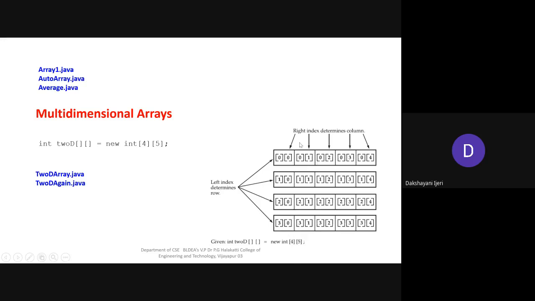Right. So if you are representing this cell, which is the second element from the first row, the first row means 0, and the second element means the second column, that is the index value 1. Similarly, in the first row, the column index value 2 is the third column. Don't worry, it is index value 2, which is the third column. This is the fourth column with the first row, that is 0 and 3. Similarly, 0 and 4.